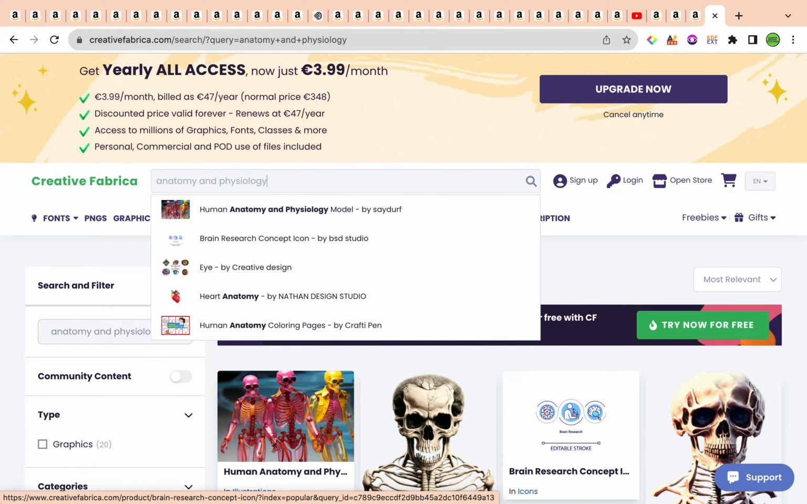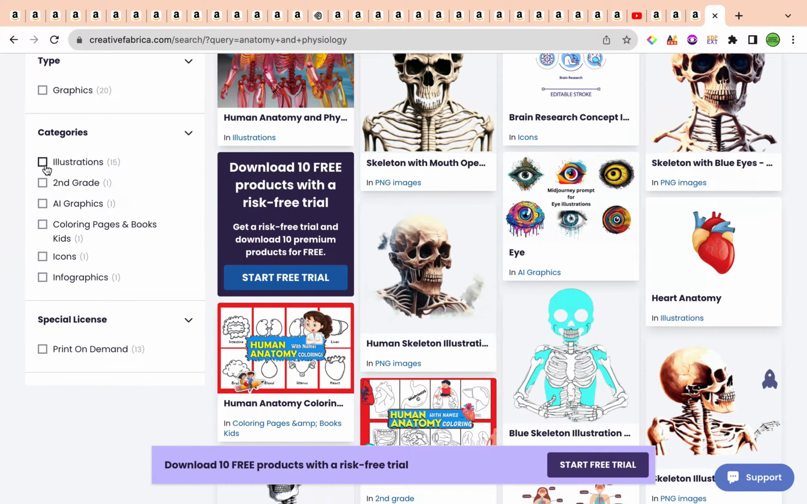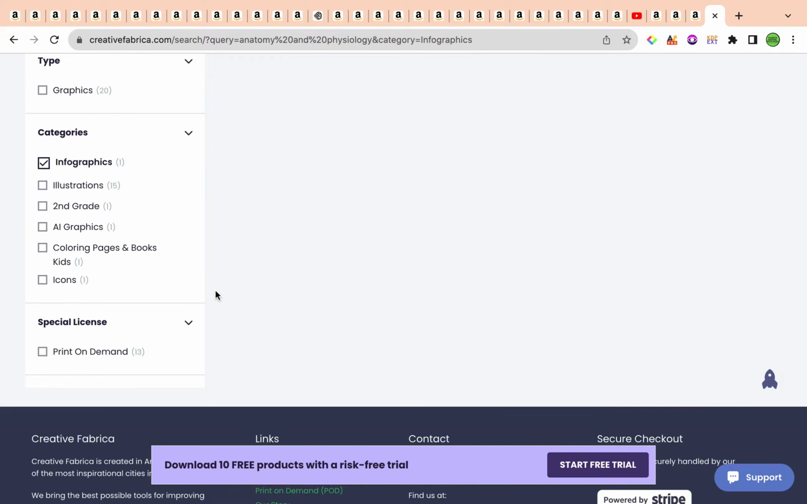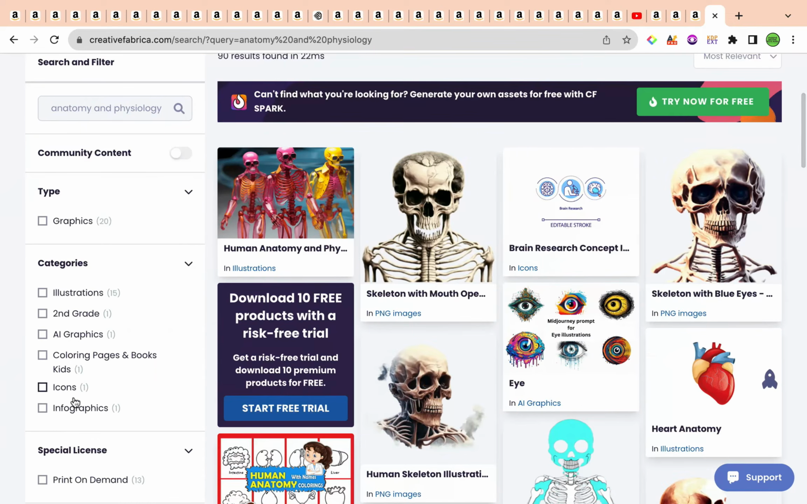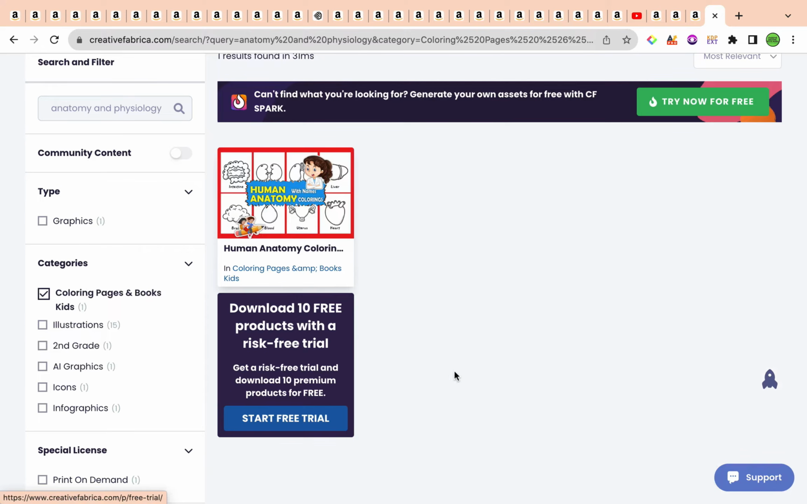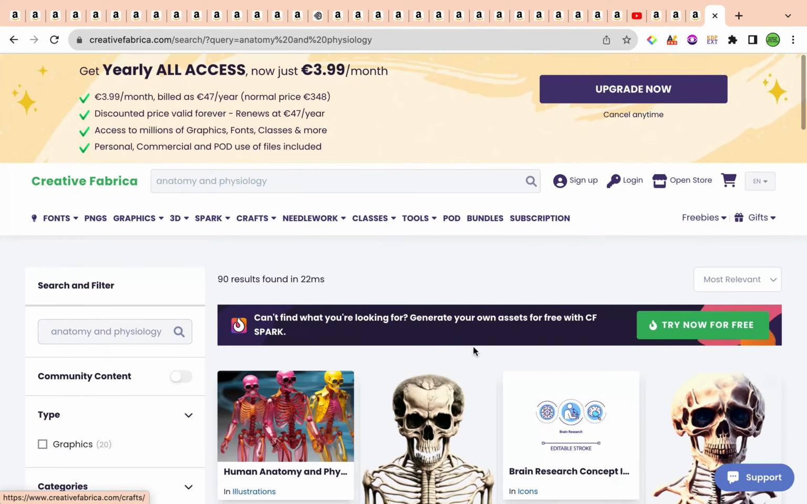So let us see if there's any sort of indication. Now, unfortunately, there is nothing about flashcards, but let's see if we could filter according to what we have. We have infographics right over here, but we're looking for something much more complex. So let's see if we could have a look at coloring sheets. Yes, there are, but then again, we're looking for something much more complex, so you can use the Spark tool